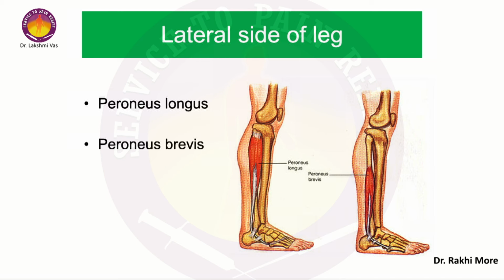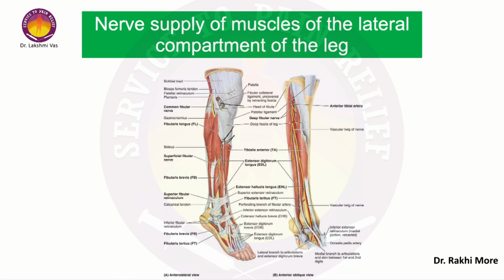Peroneus longus will continue to go from the inferior aspect to the medial side to the first metatarsal and get inserted on the plantar aspect of the first metatarsal, while peroneus brevis will get inserted on the lateral aspect of the last metatarsal bone. So in this image also you can see the insertion of the peroneus longus going right from the plantar aspect to the medial aspect of the foot, while the peroneus brevis gets inserted on the lateral aspect only. As I've already told you, the nerve supply in the lateral compartment is by the superficial peroneal nerve.